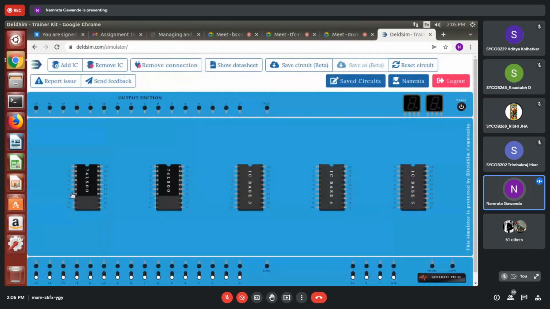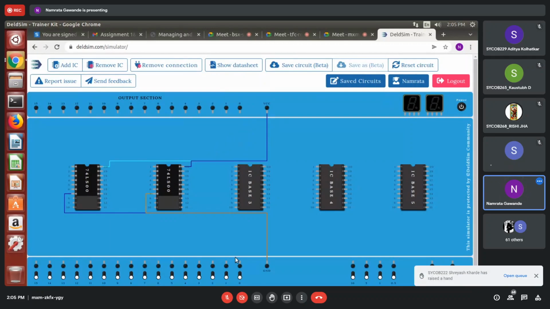Then after that, first connect 7 to ground, 14 to VCC. Okay. 7 to ground, 14 to VCC. You know that this is a 14 pin IC, right? These ICs have 14 pins. So you can see that this IC is a 14 pin IC. From here, you have to count after 7. From 14, it is nothing but from 8 onwards, you need to count.